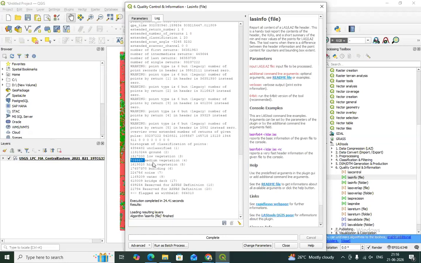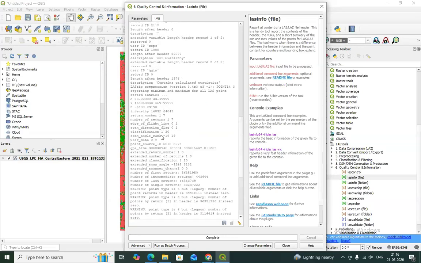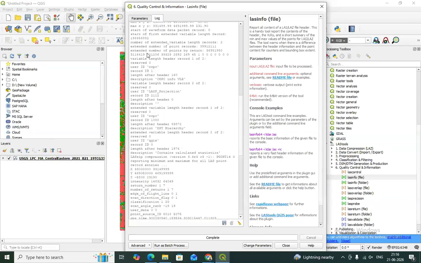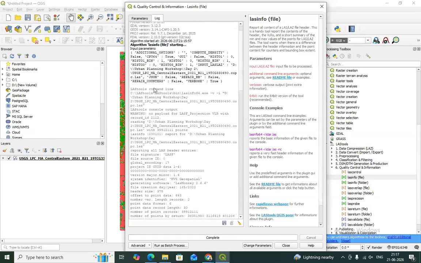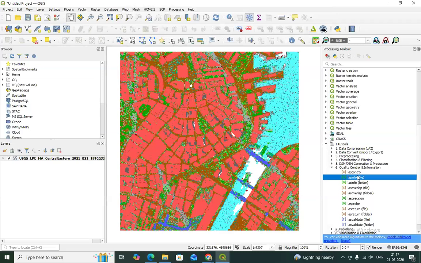So you can understand the statistics also, how many points fall under each type of feature. It can tell you other information as well. So this is to know about the data, the statistics of the LAS data. LASTinfo is used for that. You can close this window.